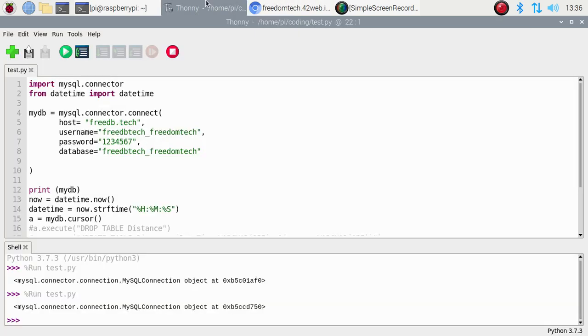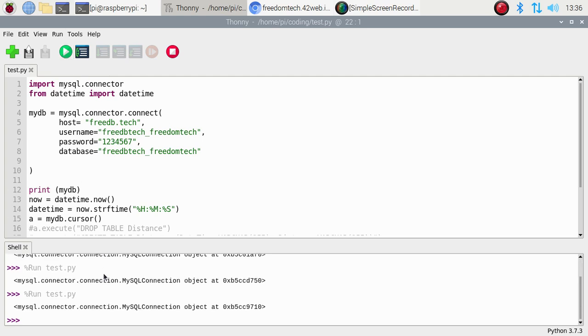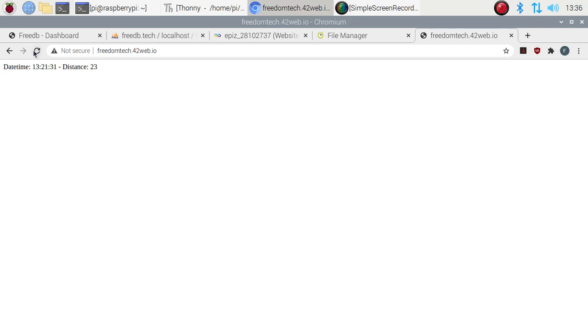Now I am going to run our Python script, and it will send the real-time data. Right now the time here is 13:36. Now if I refresh the page, as you can see the live data 13:36 and distance is 23.